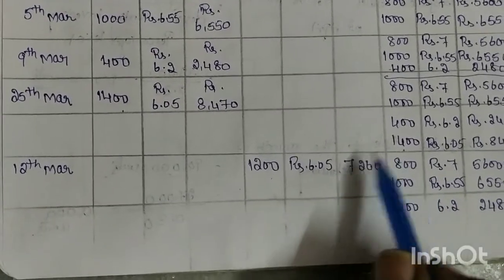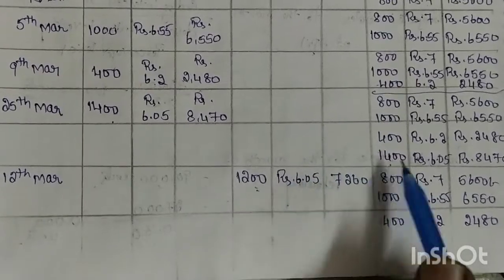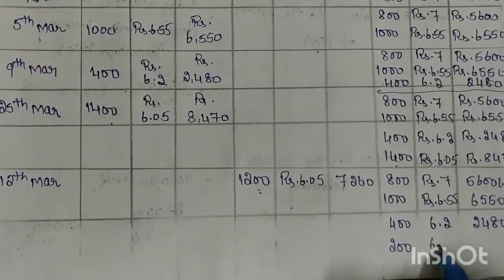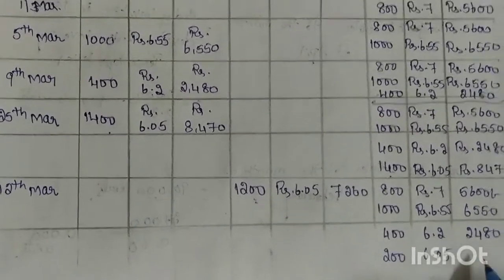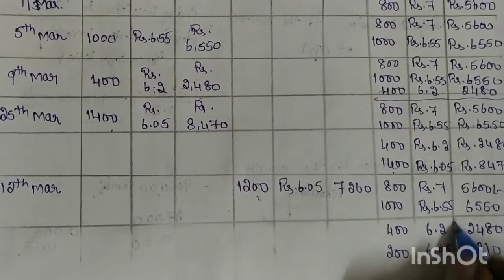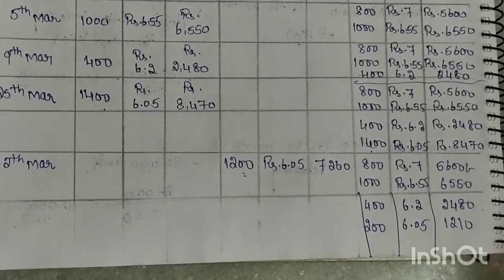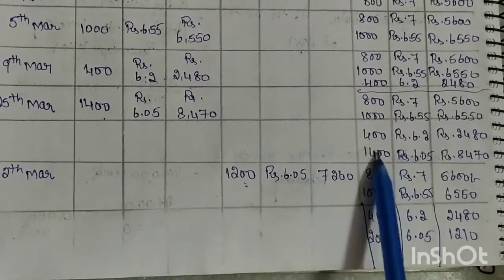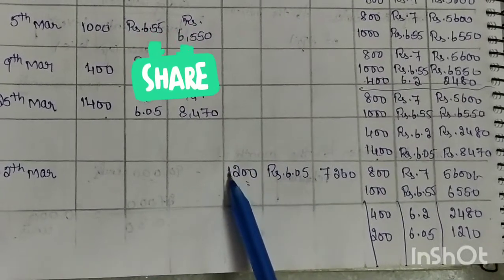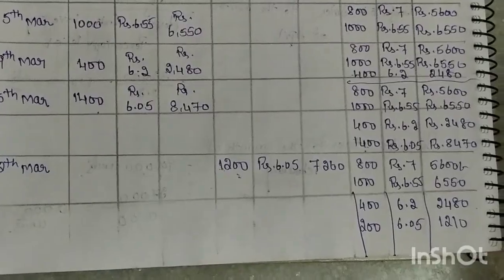And last, these 1200 units has been issued from 1400. So 1200 should be deducted from the 1400. So only 200 will be remaining. So rupees 6.05 per unit, and the amount will become 1210. So this is how we'll go for issuing. Means according to this method, the last come, whatever the goods or materials which comes last, they should be issued first. So we are taking here this cost will be considered for issuing.